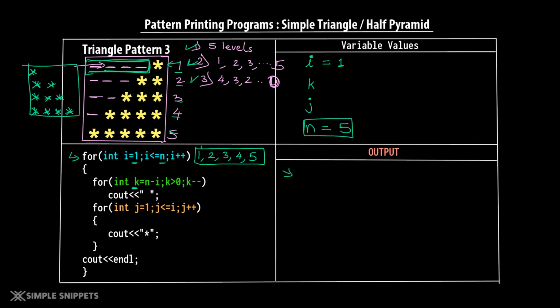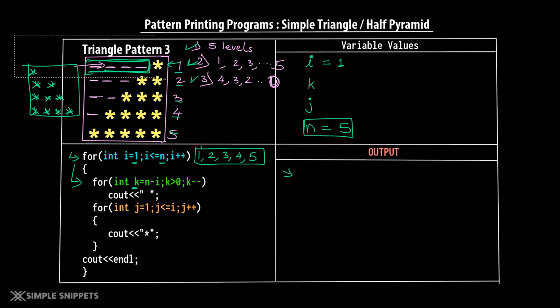So usually when it comes to pattern printing programs, and especially with the triangle programs, the outer for loop deals with the number of lines that you want to be printed. The printing actually happens inside the inner for loops. Now that you know how the outer for loop is going to progress, let's go inside. Initially, of course, i is going to be 1. Now inside this, the first for loop is an extra for loop, and you did not see this in the previous tutorial. You will only see it in pattern 3 and pattern 4. And as I mentioned, this is to deal with the extra spaces.